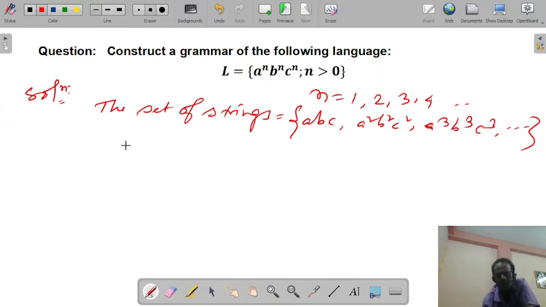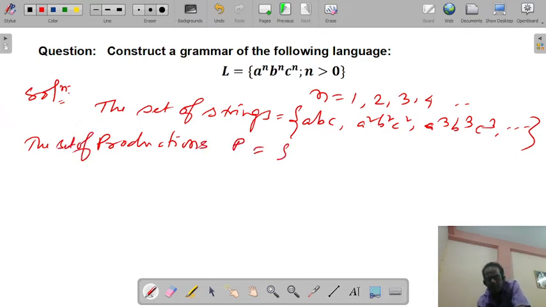So first of all we will try to find out the production set. So the set of productions, that is P, is equal to S implies abc.